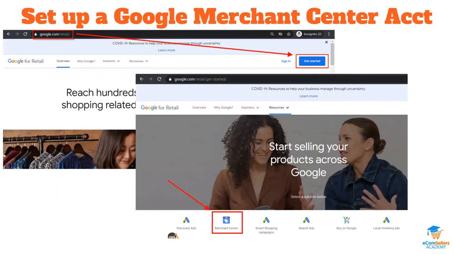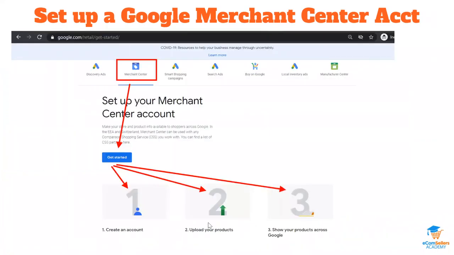So you literally can go to google.com/retail, or you can just Google Merchant Center to try and find it. Once you do that, it's going to take you to Google Retail. And then once you go to Google Retail, you click on Get Started. When you click on Get Started and you scroll down, you're going to see the Merchant Center. When you see the Merchant Center down here, you're going to click on the Merchant Center and click on